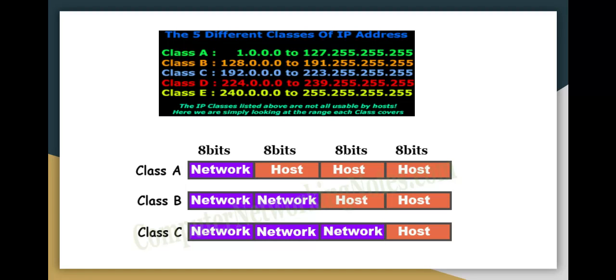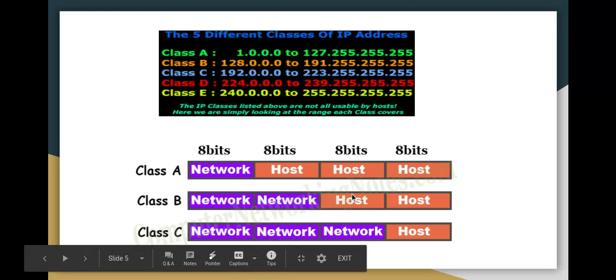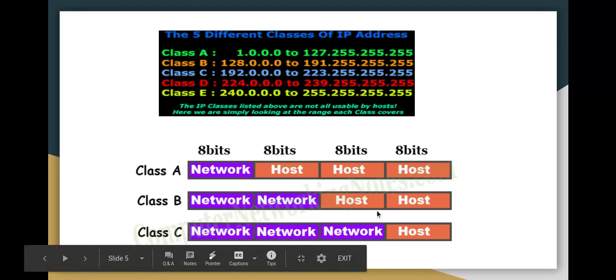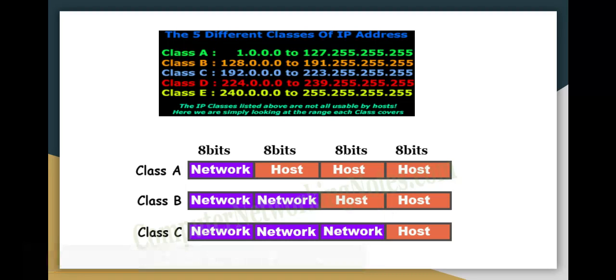So just jump into this Class C in your home network. You've got 192.168.0.1 more than likely for your home network. If you look at all the different people, family members, friends who come onto your network at home, they'll be given an IP address where the last number is going up all the time. So it'll be going from 1, 2, 3, 4, 5, 6, 7, 8 right up to 255